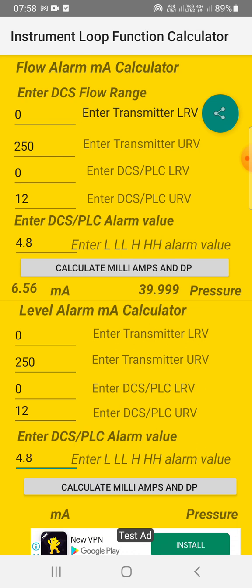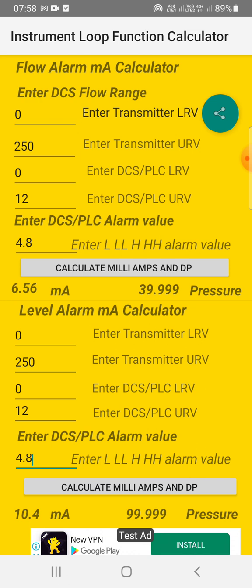I will see this here. So I'll press calculate milliamps and differential pressure. Here you can see, to simulate 4.8 feet level, or 4.8 inches, or 4.8 meter, whatever unit you might be using,